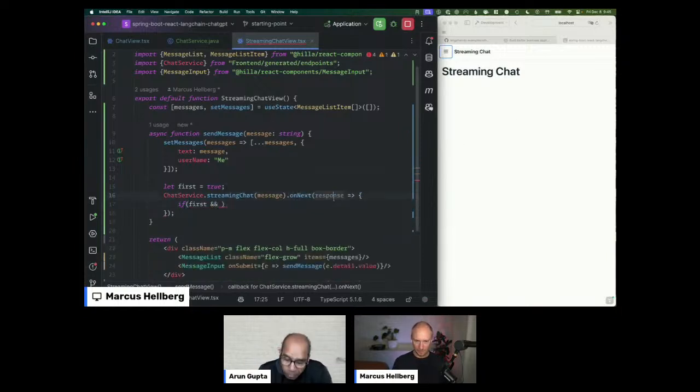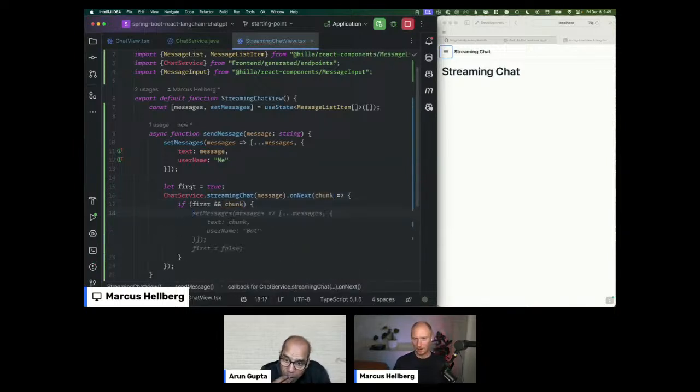I'm going to be more specific here that we're getting a chunk at a time. We're not getting a full response. So I'm going to say that if we are getting a response, and if there is actually a response there, because sometimes the LLM returns an empty first message, and that makes it look really weird when we just get an empty message there. So we're going to do this.